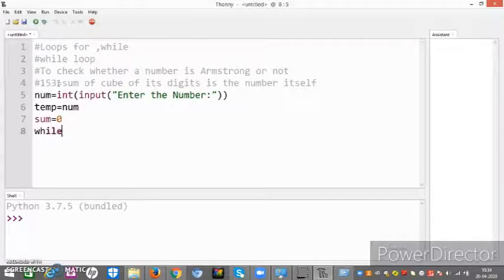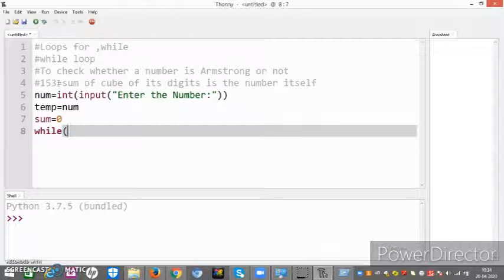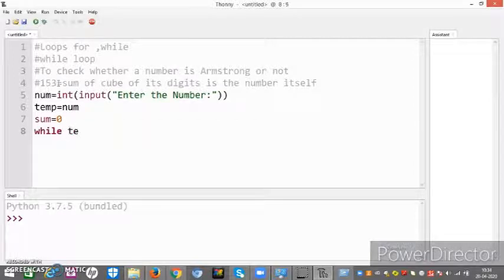Now look at friends, while temp is greater than 0. Why temp greater than 0? Because for 0 it cannot be calculated, as 0 cube is 0.